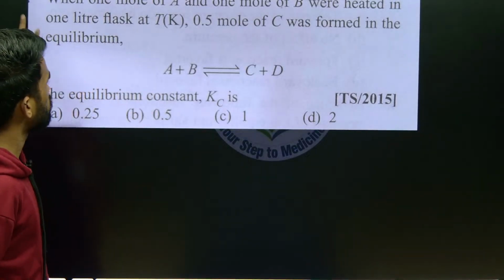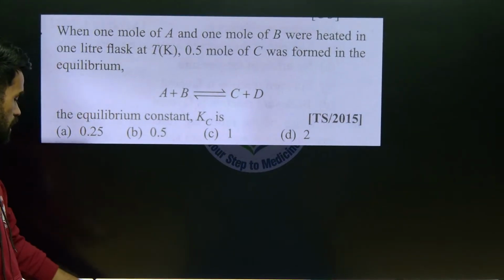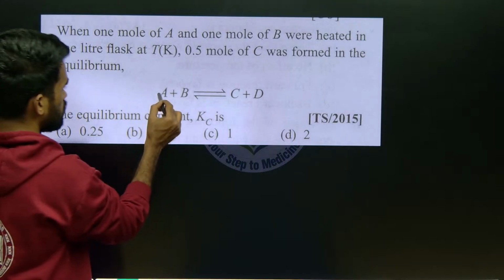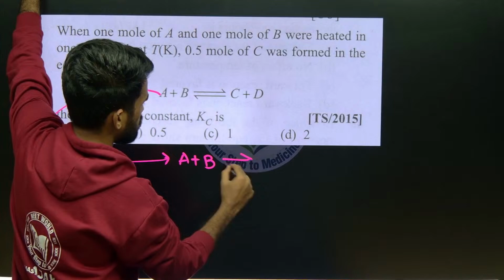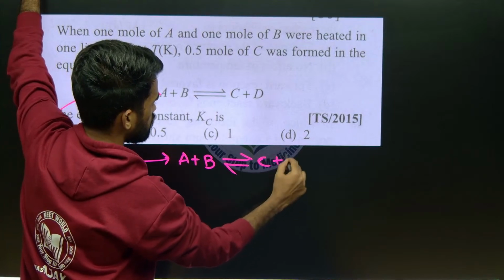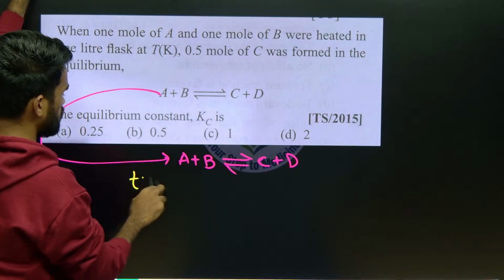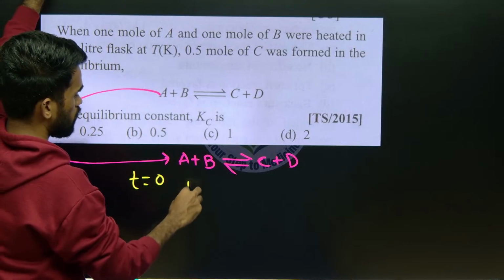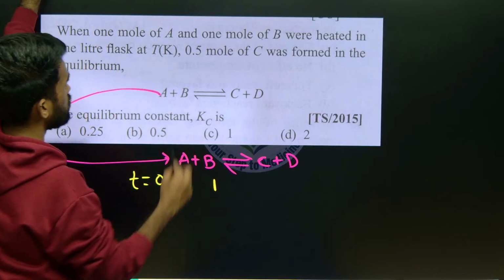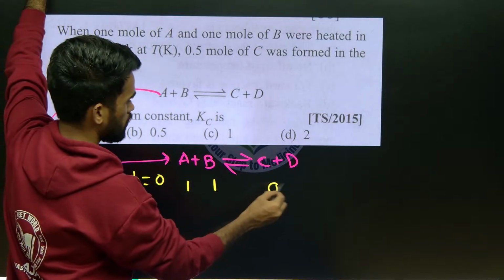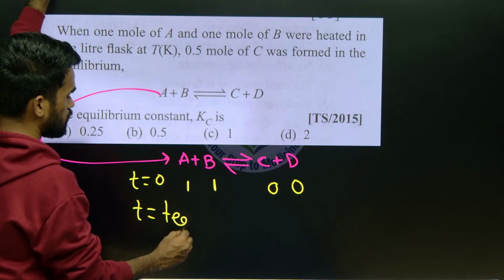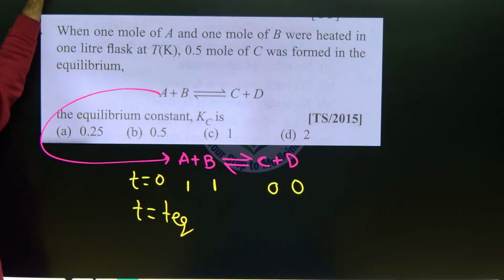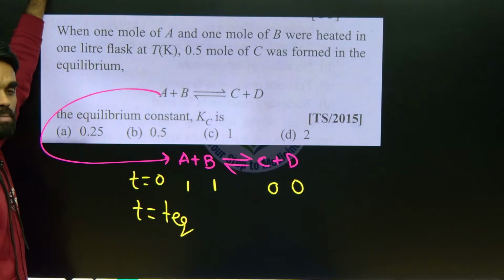Okay, so see what they are saying, at the beginning of this reaction A plus B is in equilibrium with C plus D. At the beginning of the reaction, t equals 0, they have taken 1 mole of A, 1 mole of B, and at the beginning there will not be any product. But when this equilibrium is attained, at t equilibrium I am saying,